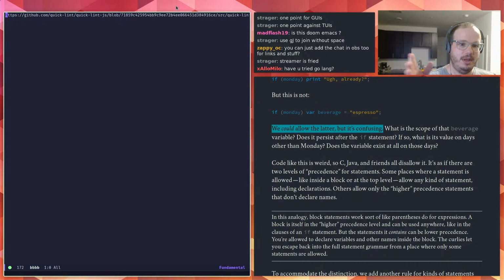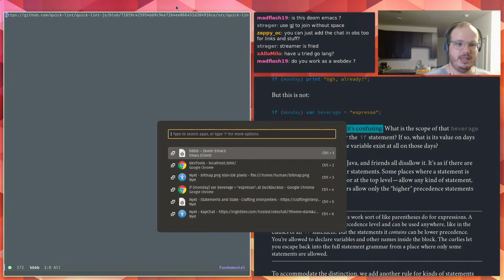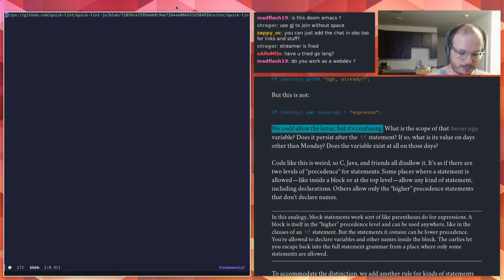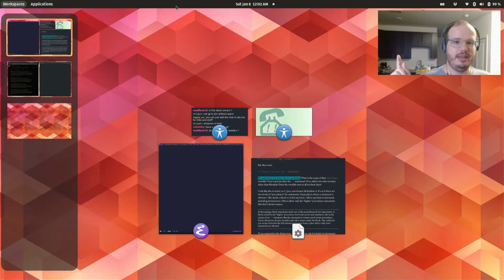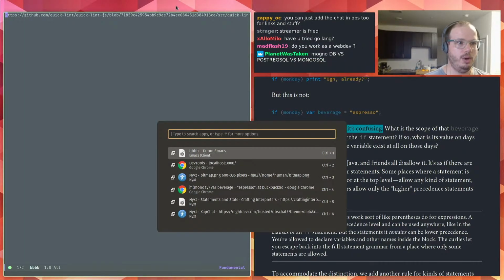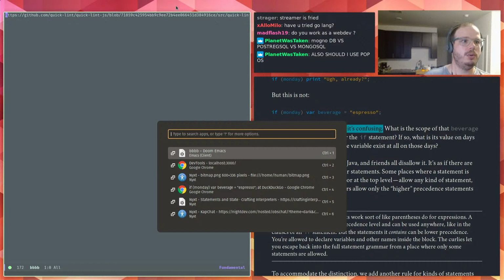Okay, so my setup here is everything on my screen here. Whoops. Everything on my screen is Pop! OS, except for my camera. I guess I should just point at my face. Except for my camera, which is in OBS, everything is just a straight screen capture in OBS on another computer. I do work as a web dev.